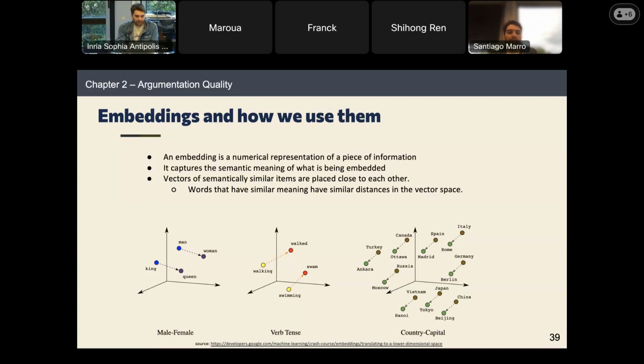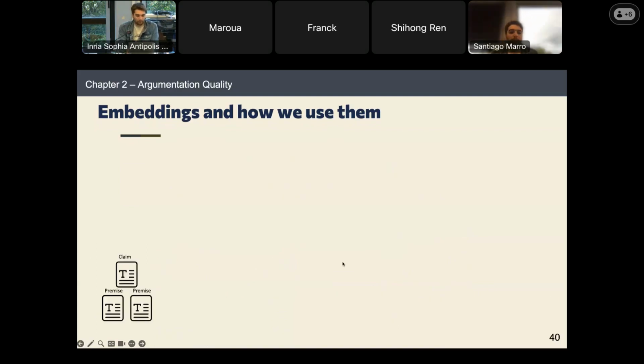In this example, I really like this graph, as you can see, you could have the embedding of man and woman, and it will be intrinsically related to the embedding of king and queen. Since they are vectors, you could take the embedding of king, subtract man, and add woman, and you will end up somewhere around queen. So it holds all of these semantic meanings, relationships between the different words. Same here, you can see that all of the capitals are closer to the country names than to the others, and so on. But how do we use them?